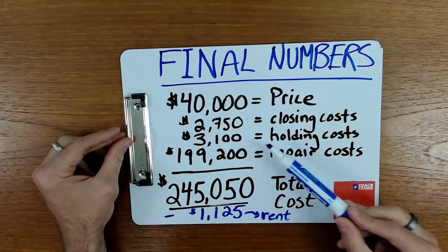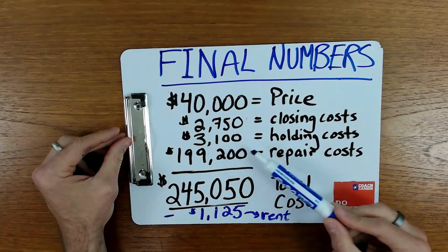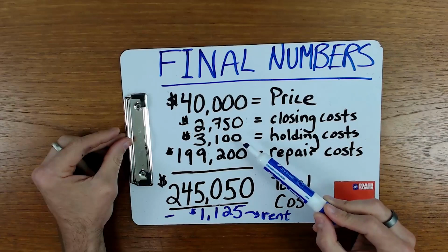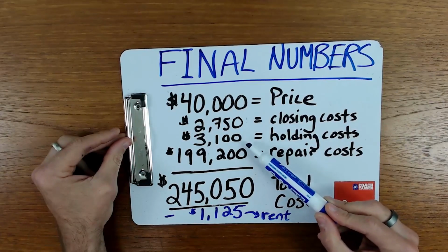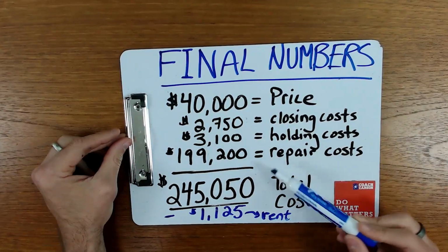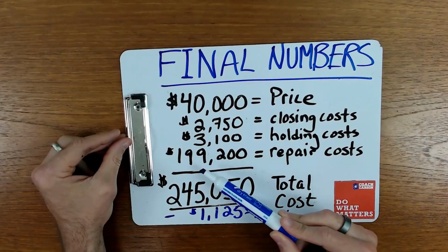$3,100 is holding cost. We actually, for most of that time, didn't have any interest costs because we paid cash for most of this, which I'm gonna show you how we did that. But we did have lawn maintenance cost, we had taxes, we had insurance, and so that includes all of that during the holding period. And then the big, huge cost, of course, which I'm going to break down for you here in a moment, we had